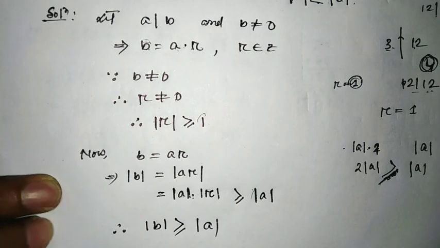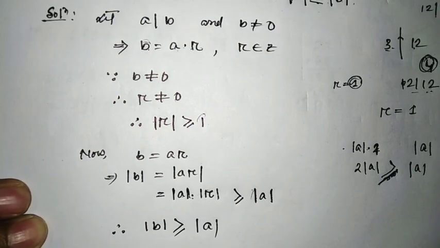Since this thing is nothing but B, we can write, therefore, this thing is modulus of B. So therefore we can write modulus of B is greater than or equal to